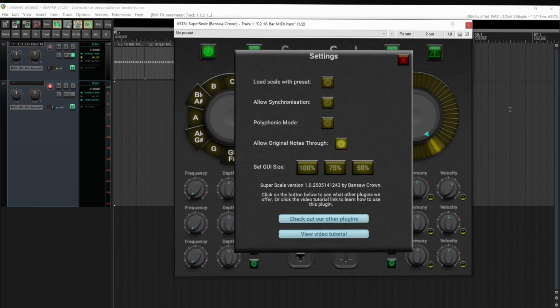Last but not least, let's look at the settings page. Okay, starting at the top, load scale with preset. When you save a preset, the key and scale is saved along with it, as well as the on-screen keyboard state. If you have this button switched on, when you load a preset, the key and scale will also be